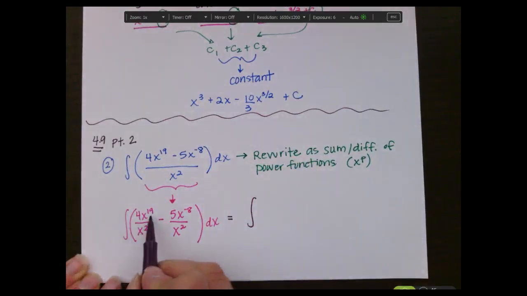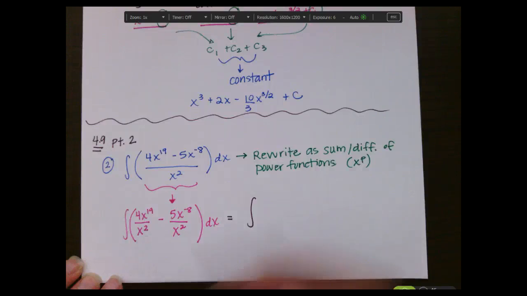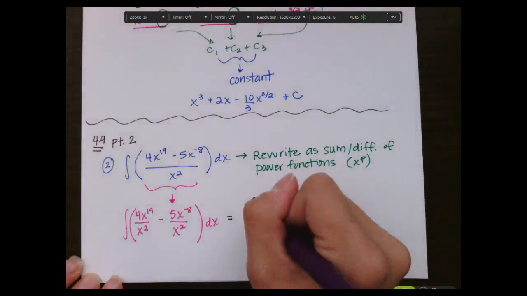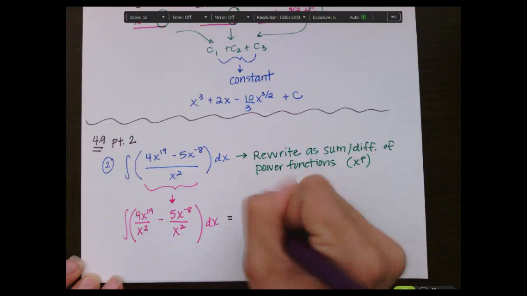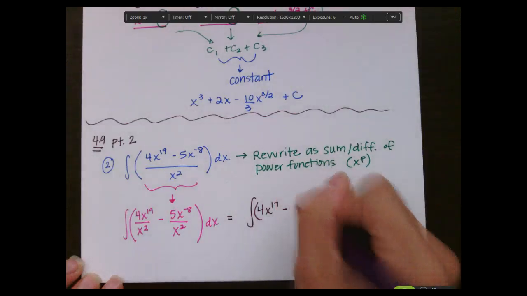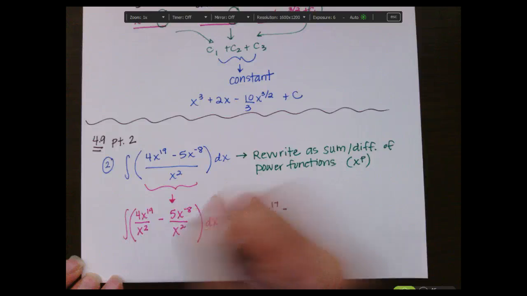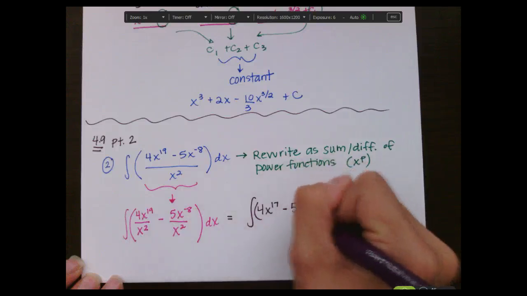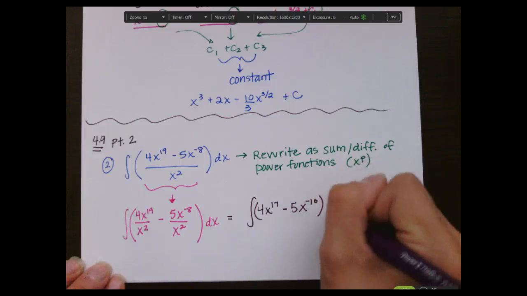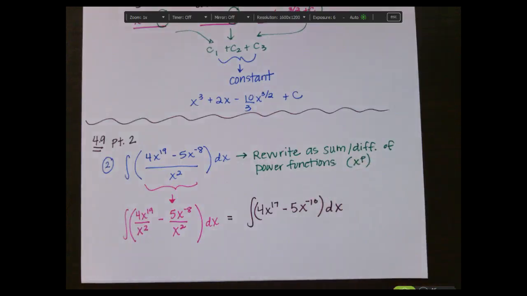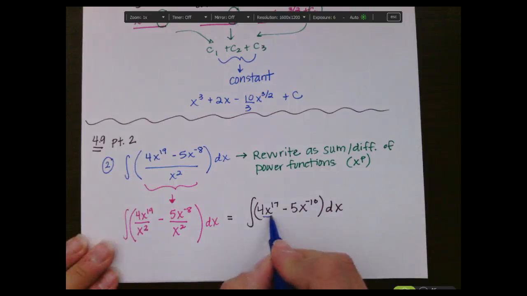So 4x to the 19th divided by x squared, I can just subtract my exponents there. So that would be 4x to the 17th. And then here, negative 8 minus 2 would be minus 5x to the negative 10th. So I'm getting closer. I at least have two power functions,